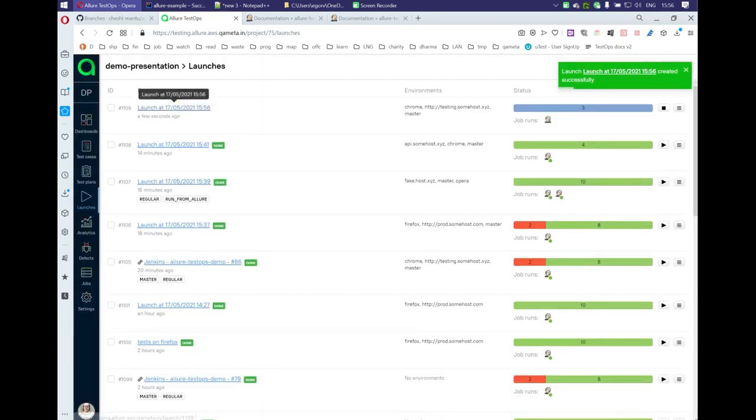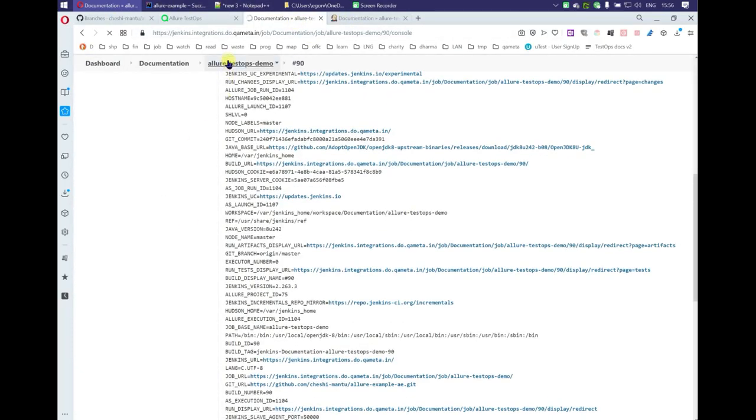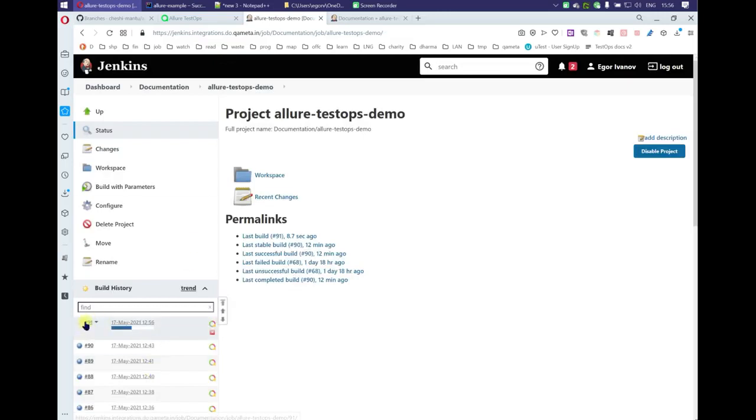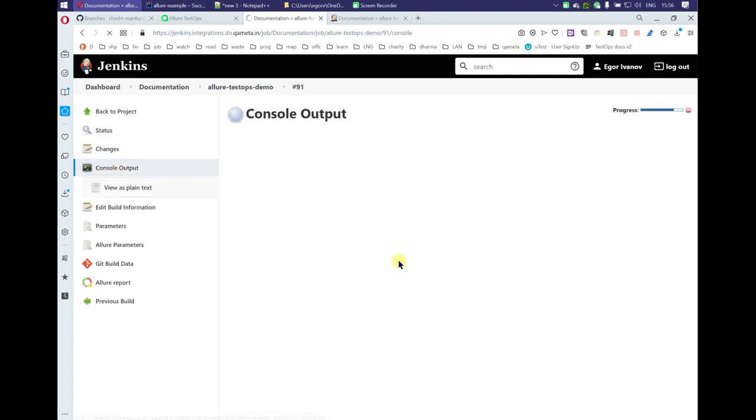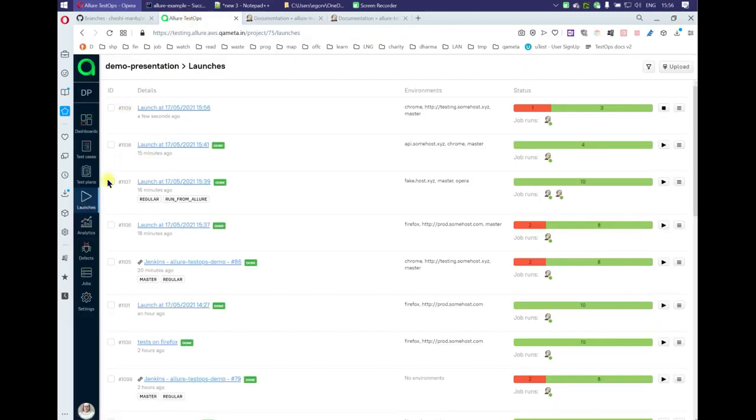Then if we go to launches, we will see that our launch is created, and if we go to the Jenkins side, then launch number 91 is created, and we can see that 4 tests completed, 1 failed. Alright, so all the tasks are completed. We go to the launch,